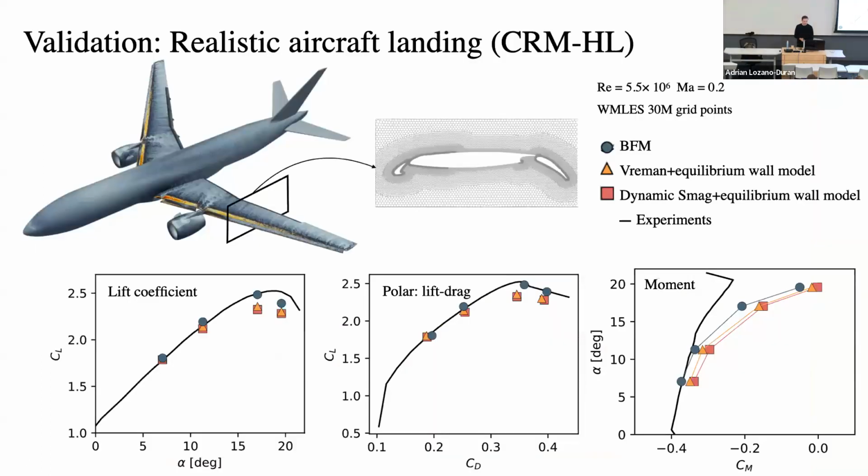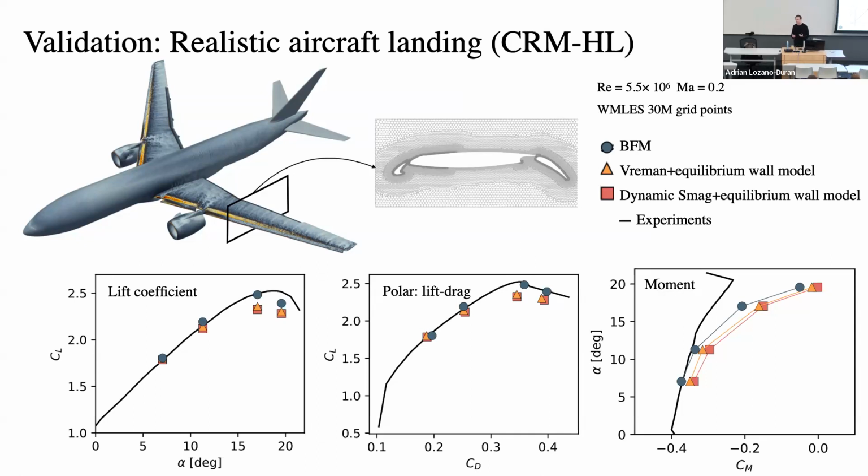This is revisiting this case again. I just wanted to show you the lift coefficient, the polar for different angles of attack, and I'm using the same color code as before. The blue is our model, the triangle and square are the traditional models, and we compare with experiments. In this case, we were able to predict lift and drag pretty well, or at least improve, even if it's not perfect. Although the moments we were not able to,